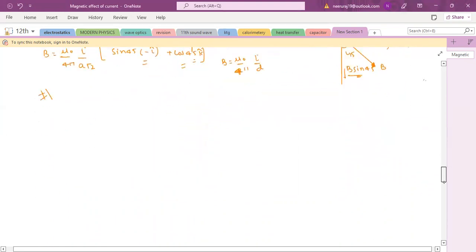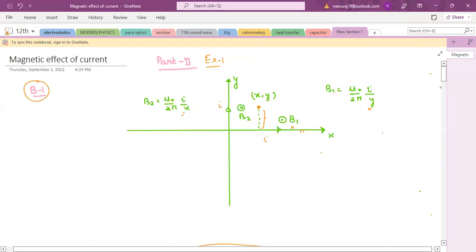Okay. Try this problem, बच्चों, yourself. Okay. And try to take hint